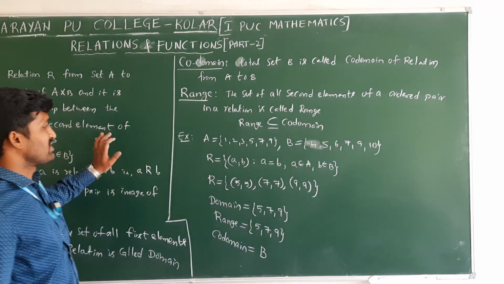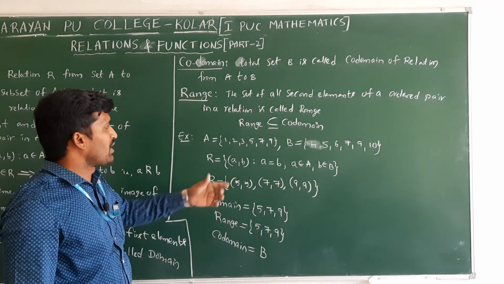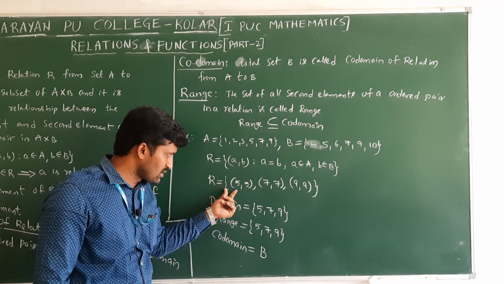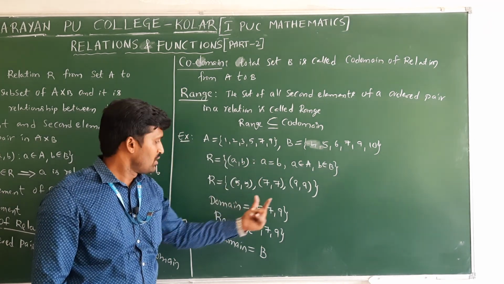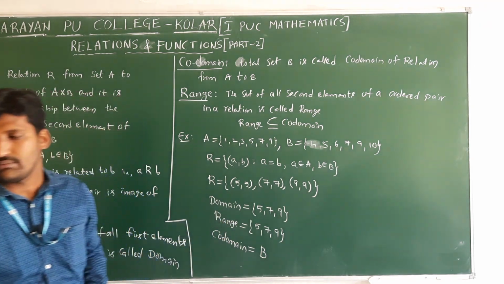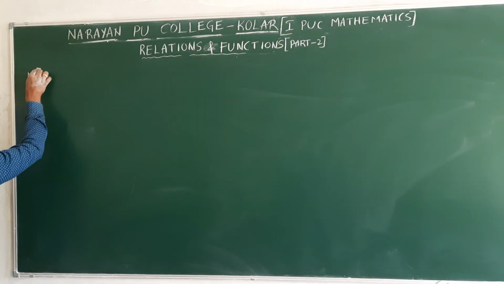Are all clear? What is the definition of relation? Domain definition, codomain, range. And from set A and set B, using the relation, how to write the relation? This is which form? Roster form. And writing domain, range and codomain. Next, so note.